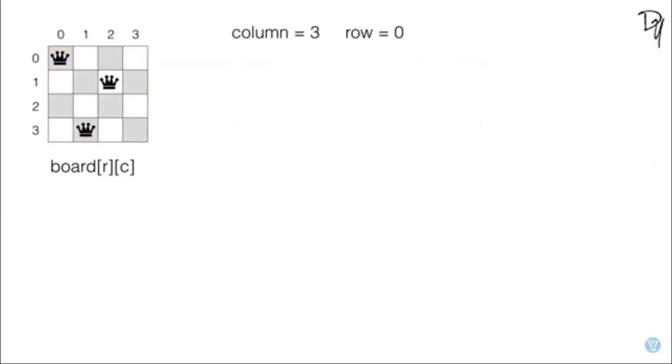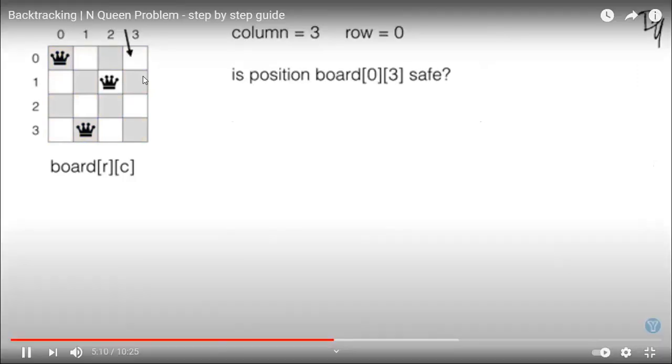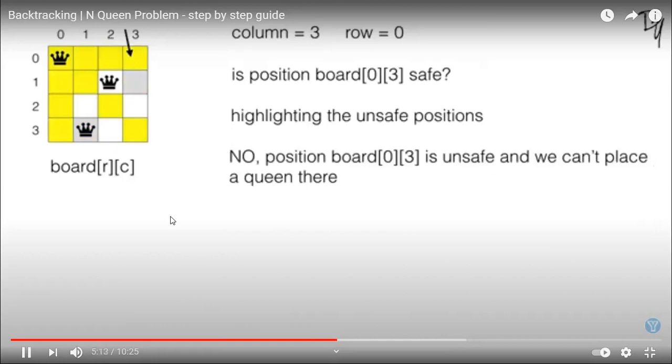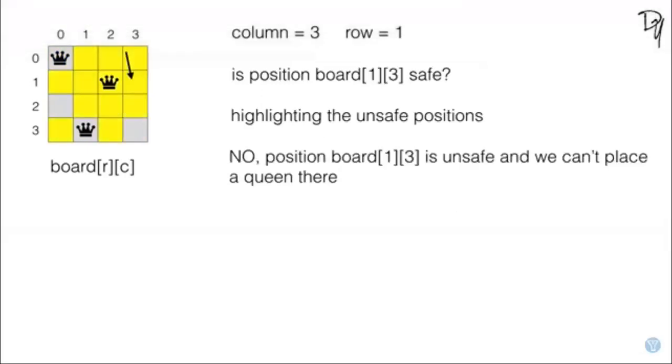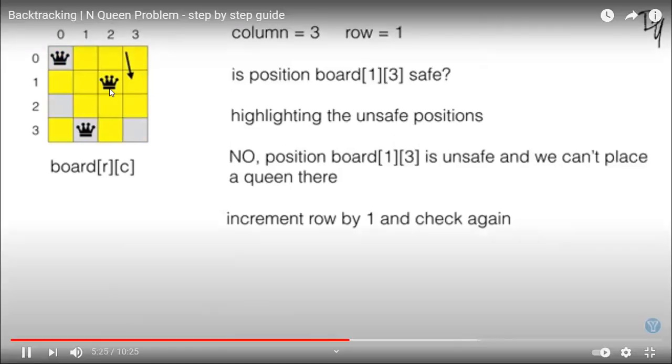And then the next step is what? We will increment the column by 1. So earlier it was 2, now it is incremented to 3. And then we will check all the rows for column number 3. So at row 0, again we'll check if it is a safe position. No, obviously the highlighting shows it is an unsafe position. Then we will increment the row, right? After incrementing, again we can easily understand this is not a safe position, because at the left side you will find there is a queen, right? So this is again not a safe position.